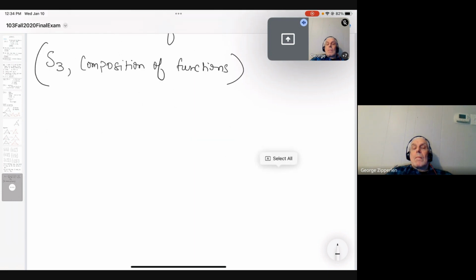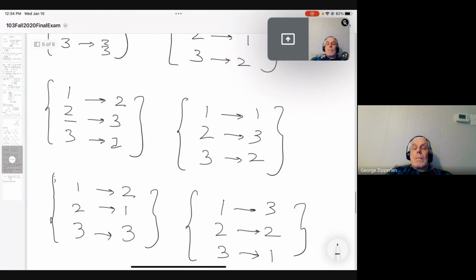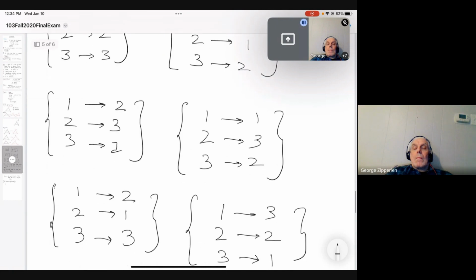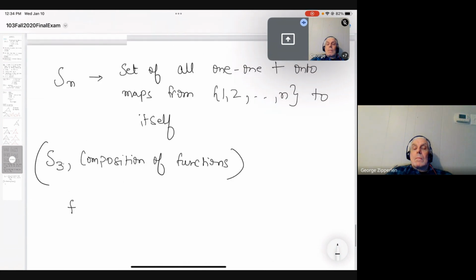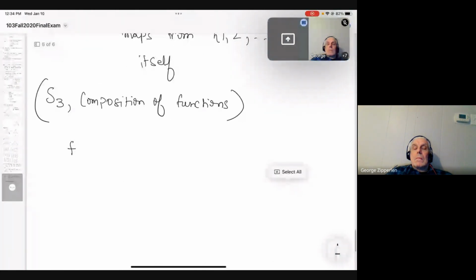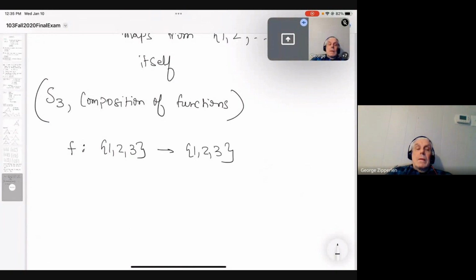Let's take this function f, one of the rotations, 1 3 2. So f is my function from 1 to 3 to itself,